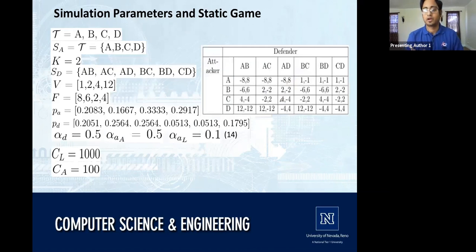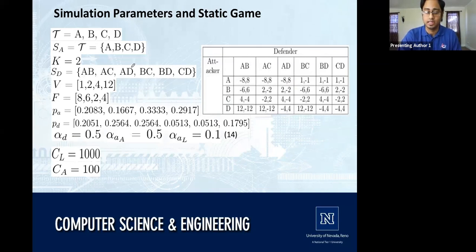So now we come into our simulation parameters and the static game scenario. First, we have tau, which is again the set of all Trojans that the attacker can use on a given game. So tau is A, B, C, and D, which is the 4 types of Trojans. You have the strategy space of the attacker, which is going to be tau. You have K, which in our case is 2, and K can change based on the availability of resources for the defender. Strategy space of the defender, if you remember previously, it was tau choose K. It was 4 choose 2. That means it's 6. And basically, it's a combination of K of all the certain Trojans that they can test